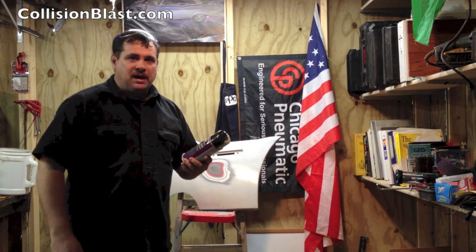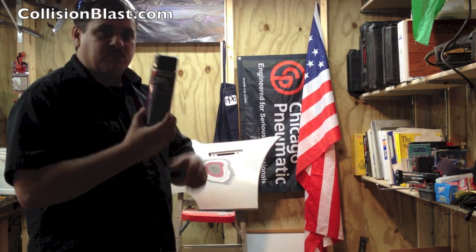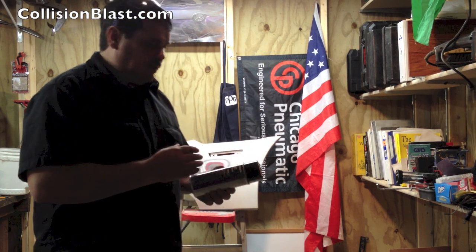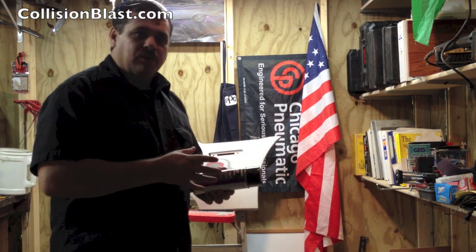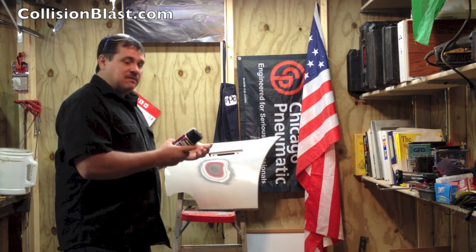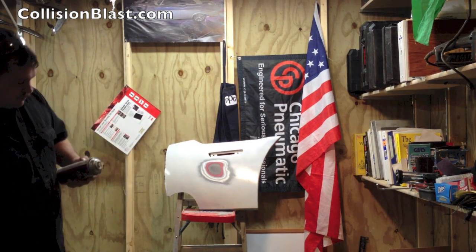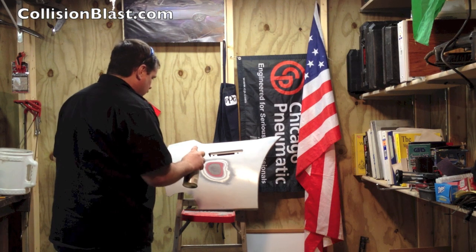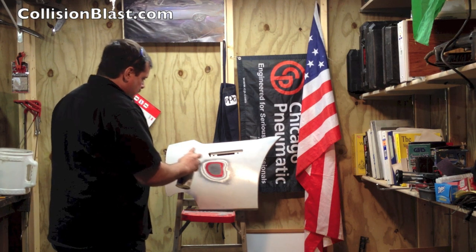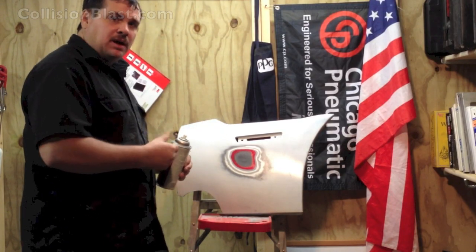Okay, it's very important with plastic, anytime you're doing plastic repair on the bare plastic, that you use adhesion promoter. Very important step. So I'm going to apply, and you don't want to put this on too thick. Just dust a couple light coats on, and then allow it to dry for about 5 minutes. 5 to 10 minutes, depending on the temperature. So I'm going to allow that to dry for about 5 minutes, and then we'll come back and apply the